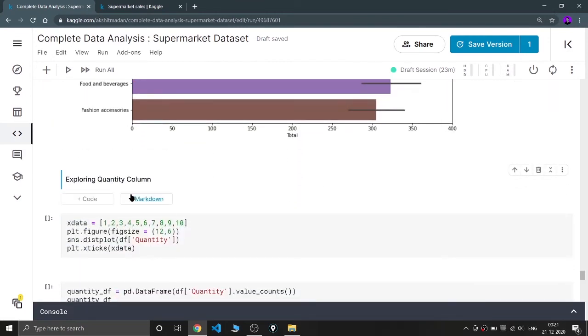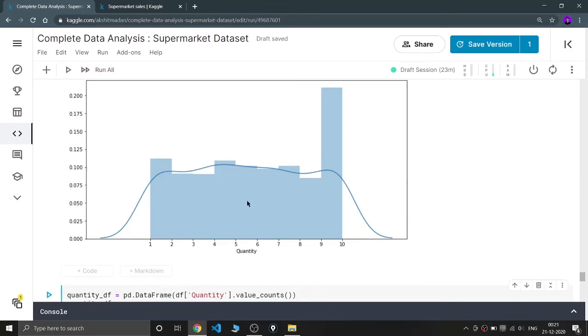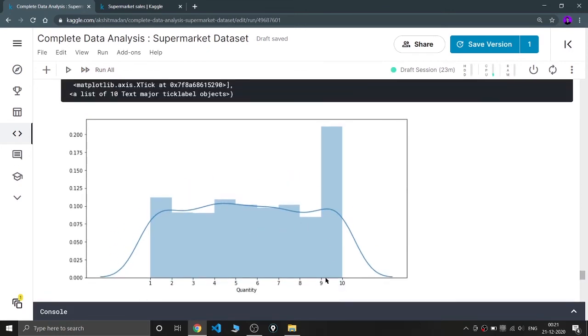So the next thing is exploring the quantity column. Now I'm drawing a histogram or a dist plot, as you say in Seaborn, to know what the different quantities are. Let me run it. So it shows that the quantities between 9 to 10 are sold the most. That means most of the customers usually buy in 9 to 10 quantities. I'm telling it again, most of the customers usually buy in 9 to 10 quantities. So this is the basic